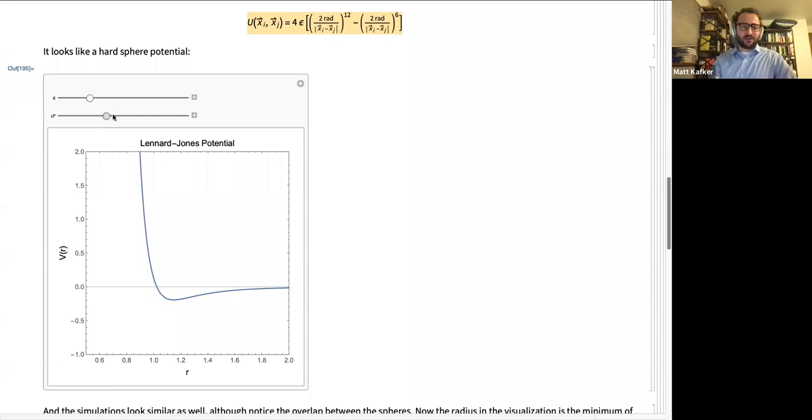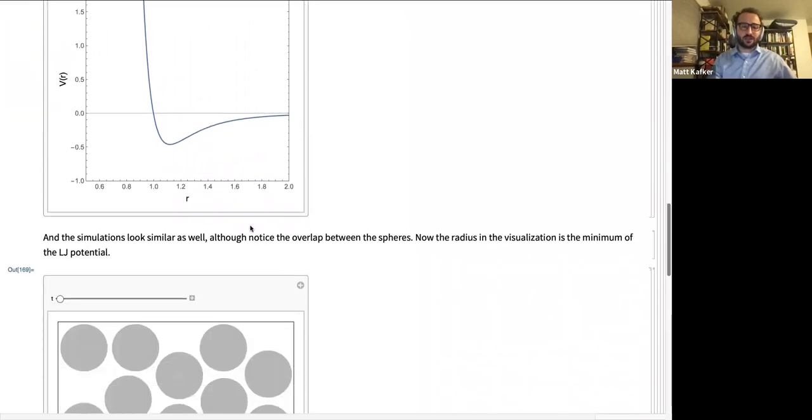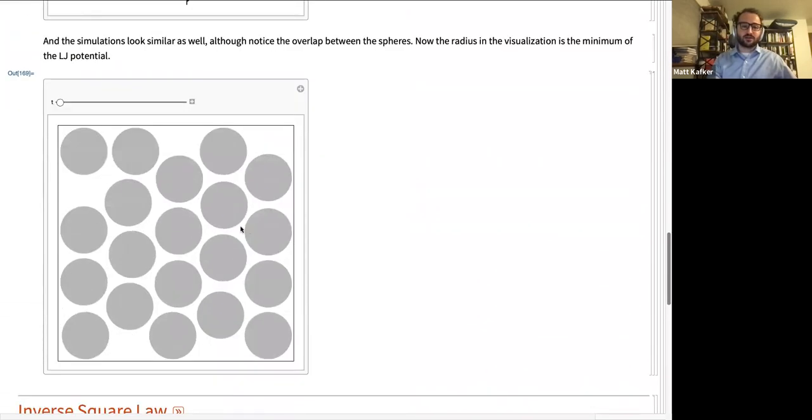As we drag these around, as we increase the diameter of the sphere, the radius of this potential goes outward, as we might expect. And we can also vary this and increase the depth of this well. So this is going to be an attractive interaction, the deeper this well is, attractive at long distances and very repulsive at short distances. So it's a differentiable version of the hard sphere potential, and people use this a lot in the literature.